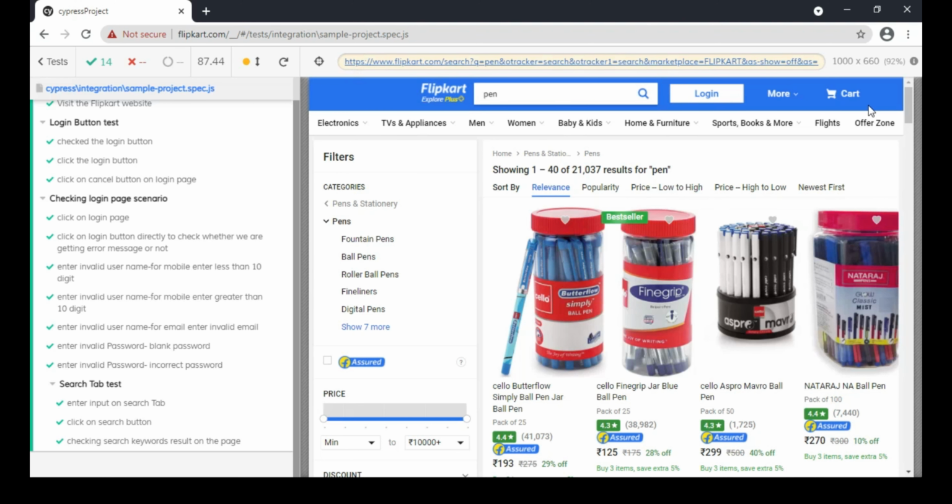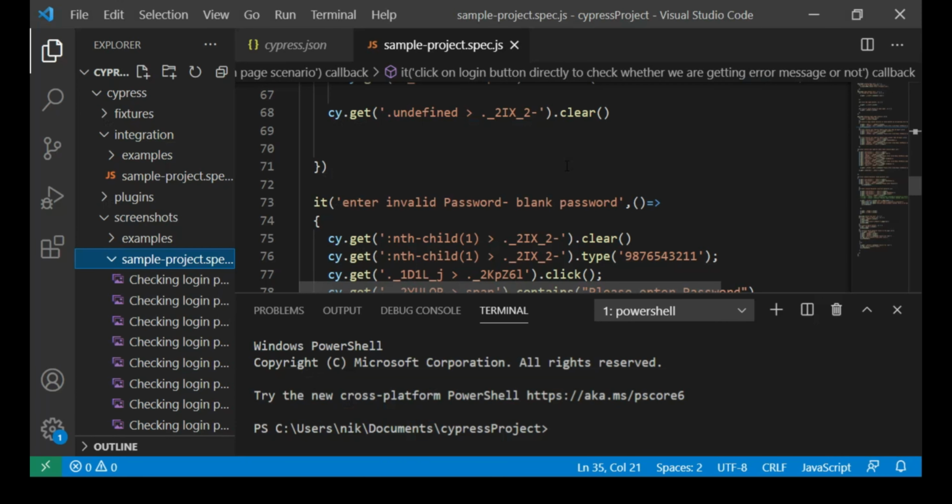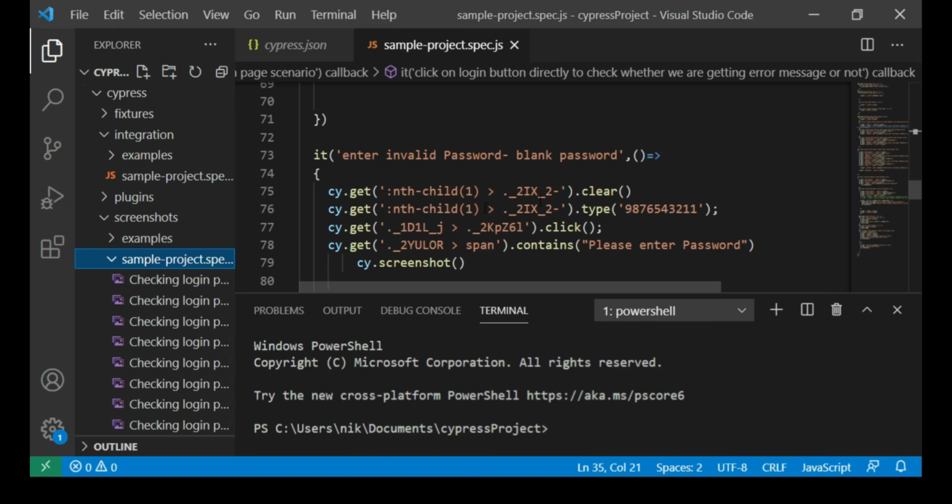Just a second, I'm running again. On this page, if you are writing here, for another scenario we have to clear it, right? So we just write clear, and it gets cleared. And typing is nothing but entering the data. We have to select the element, click on type, and enter the values.